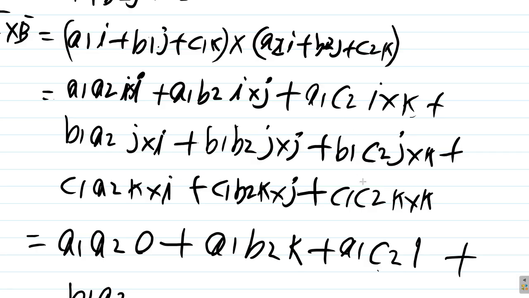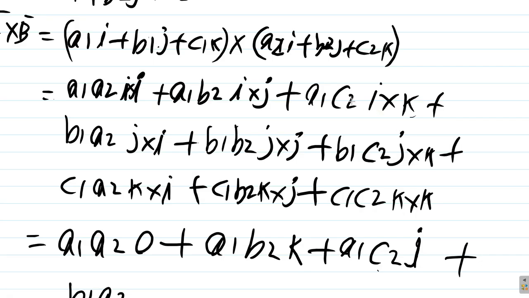I cross K. A1, C2. It should be J then. Right? So A1, A2. So in this case, what we have is A1, A2, that's 0. A1, B2 is K. A1, C2,